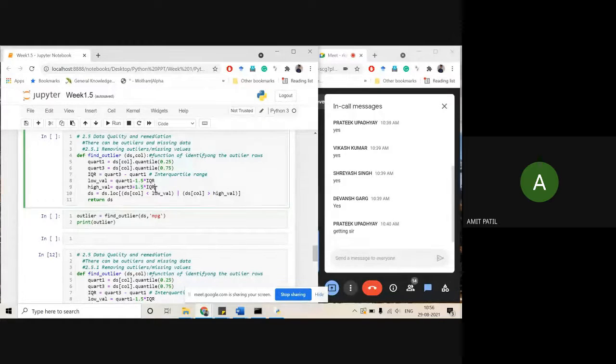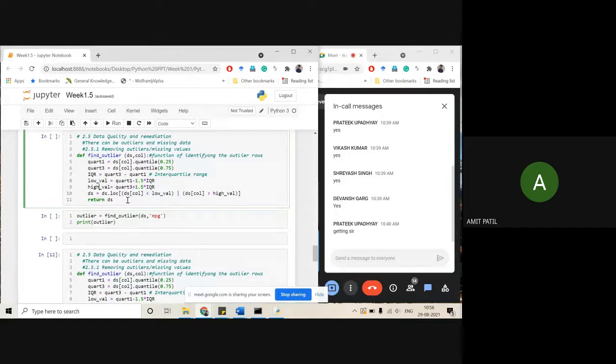The higher value will be plus 1.5 IQR and the lower value minus. These are the two thresholds, upper limit and lower limit, outside of which you need to eliminate the data points. Those will be your outliers.